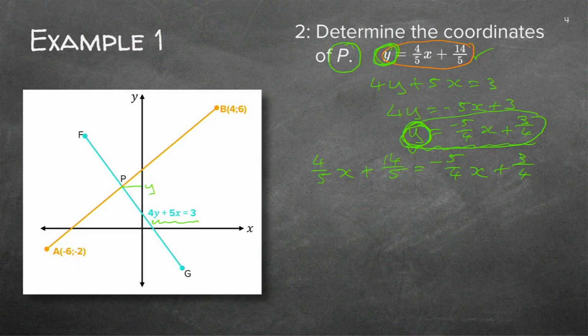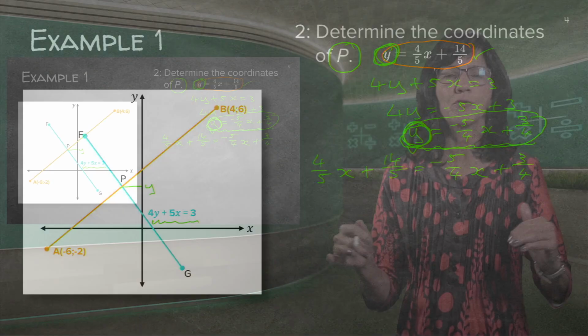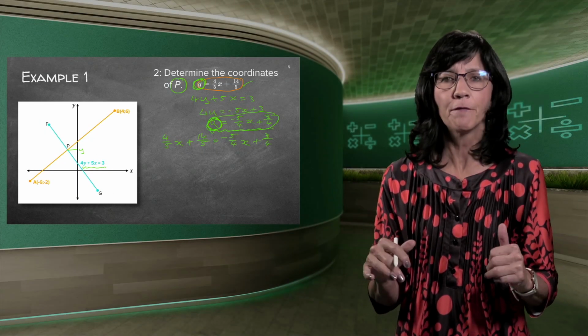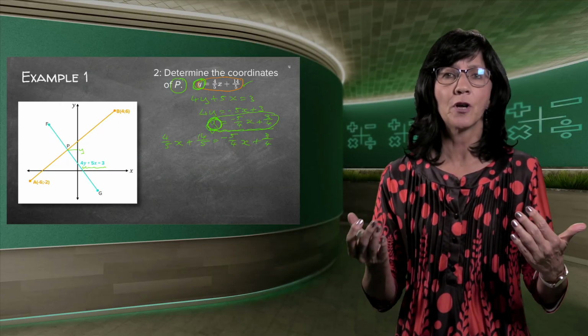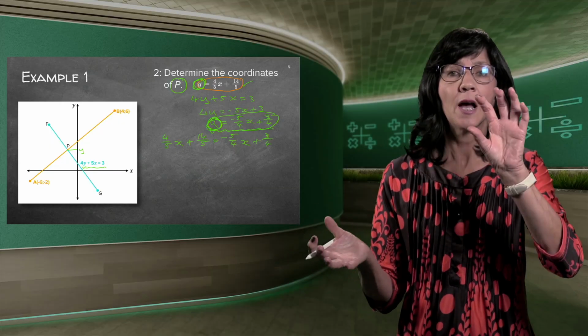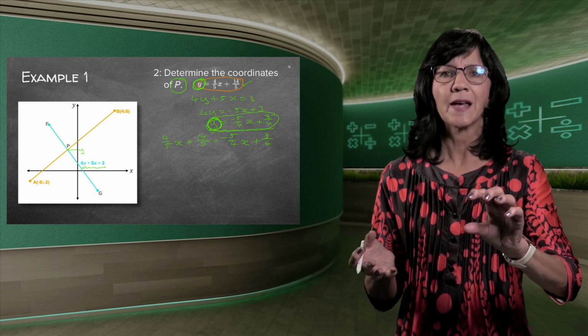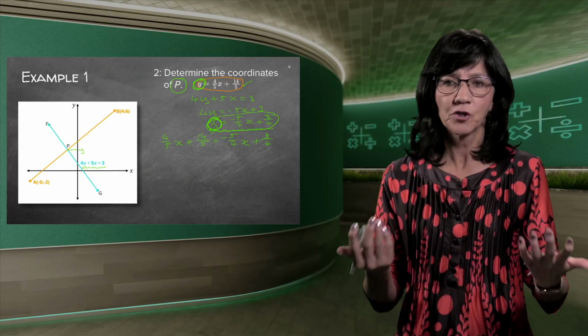Now, do you like to work with fractions? I'm sure not. Nobody likes that. So if you've got an equation with stuff on both sides of the equal sign, get rid of your fractions immediately. There's a 5 and a 4, so I need to multiply by the LCD, the lowest common denominator. You don't even need to know those words. I need to multiply with something that can cancel the 4 and the 5, which is 20.